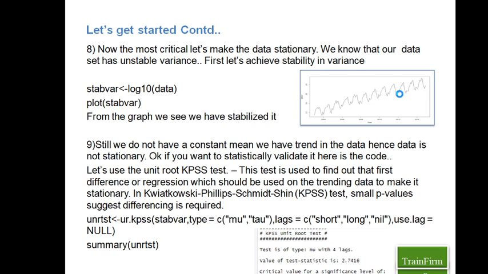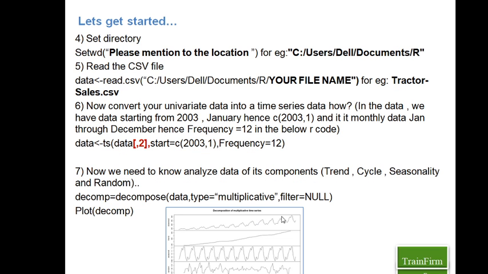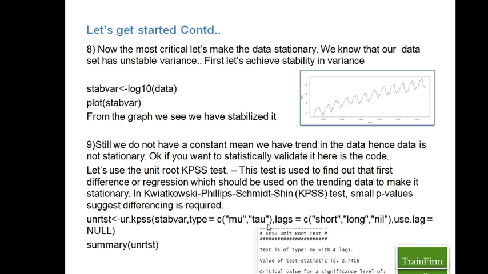So for you to bring this phenomenon of unstable variance to a stable variance condition, you take the logarithm of the original time series data and name it as tab variance, right? And then plotting it, you get to see that your variance instability is solved. However, you have a trend. The data is still non-stationary. So to prove that statistically, you used this KPSS test, and you named it